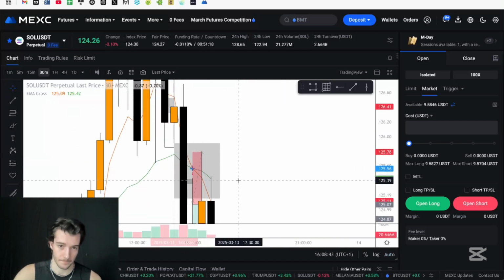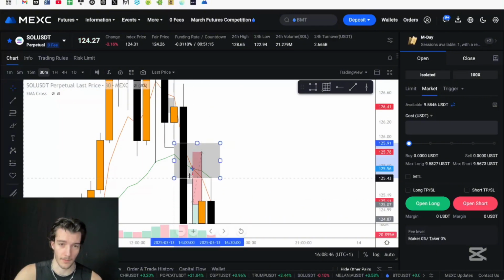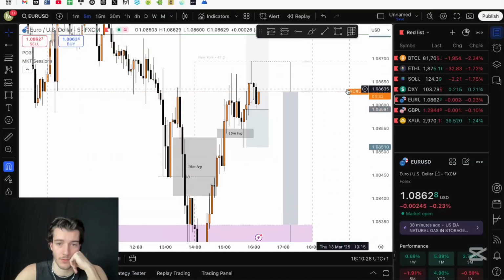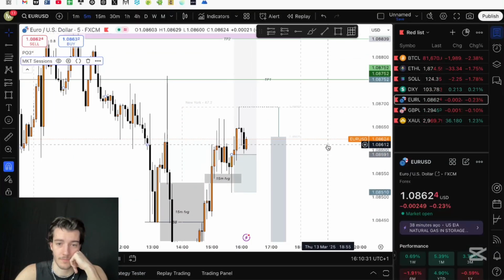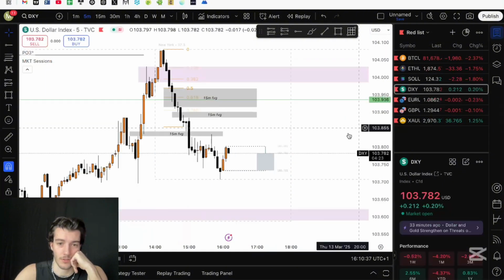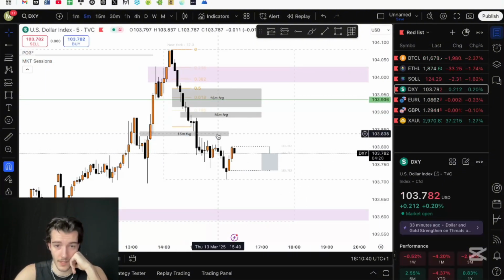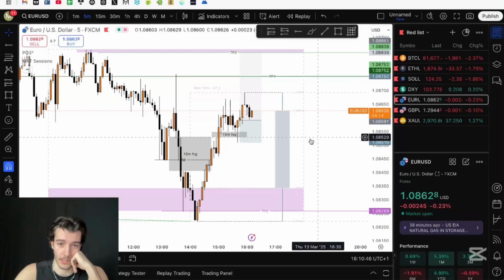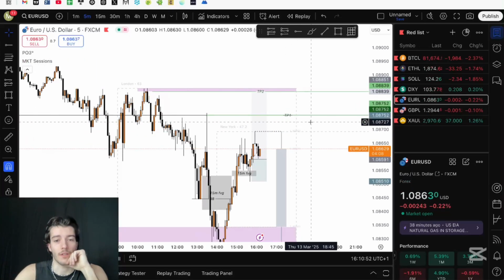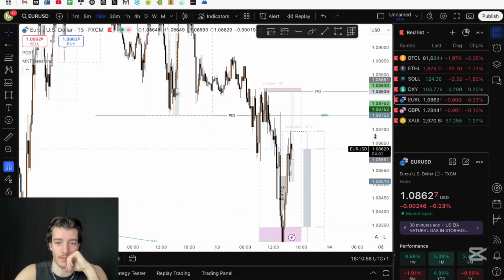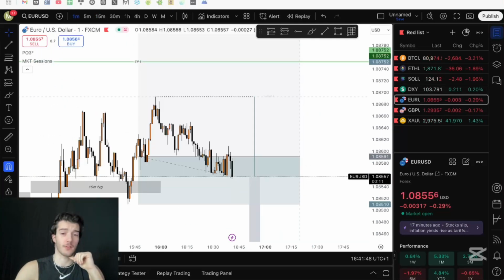However, on the 30-minute, so this 30-minute fair value gap here that we tapped into respected, but why the 30-minute though? Euro is still doing nicely here. We are still above our entry price, but if the dollar continues to go to the upside and break structure above this high here, then we're gonna get stopped out on euro, and we will not move higher and just continue this trend to the downside. We're still just chopping around on euro.